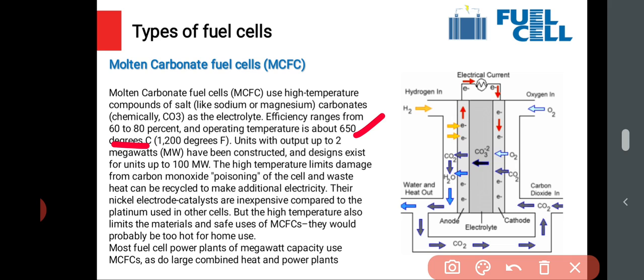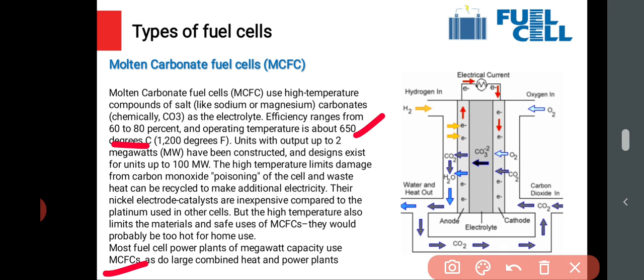Can be recycled to make additional electricity. Their nickel electrode catalysts are inexpensive. We don't use platinum catalyst here, we use nickel electrode catalyst. But the high temperature also limits the material and safe use of MCFC, and that's why they are not suitable for home application. Most fuel cell power plants in the range of a megawatt power capacity use MCFC, because the heat that